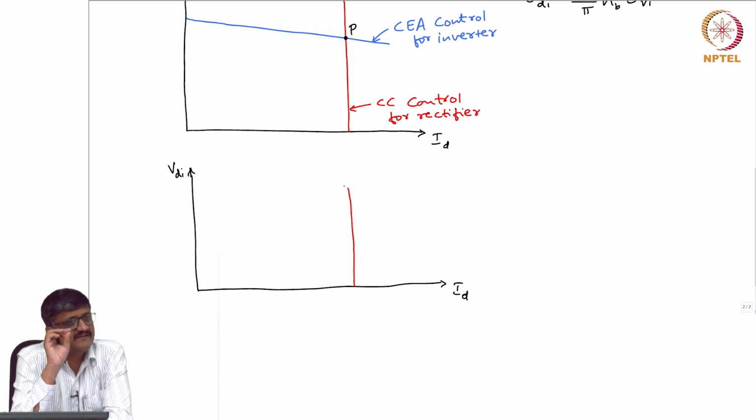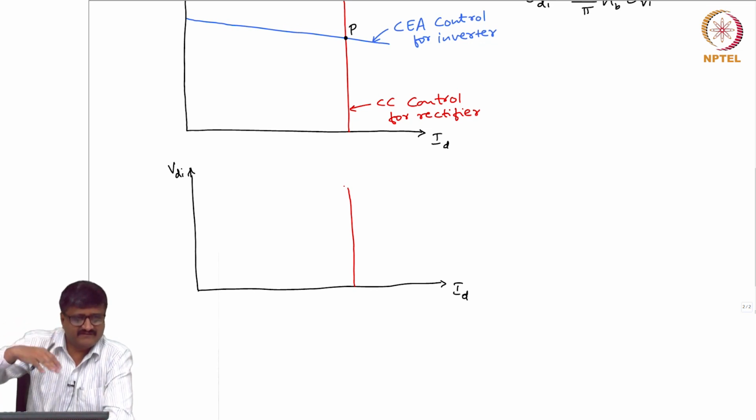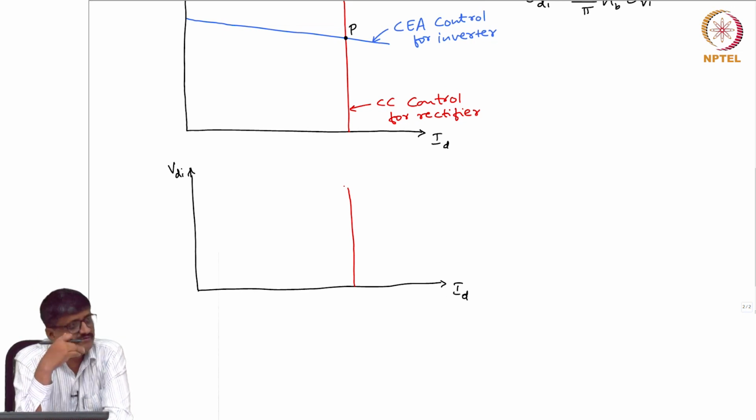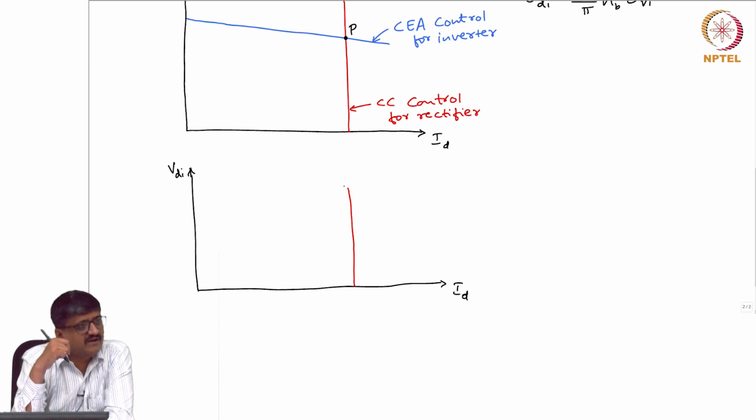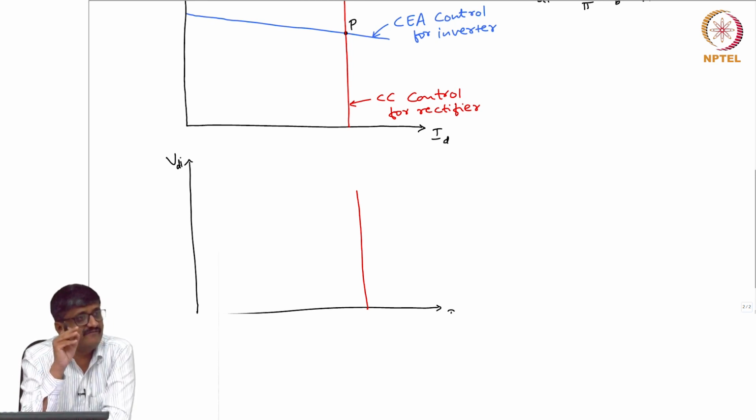See, constant alpha characteristics we know, right, for a converter, they are all straight lines with negative slope. So, as you keep on increasing alpha, you get the straight lines which are below the values for lower value of alpha. That means as you move along this line, alpha r is actually decreasing. Alpha has a lower limit to ensure adequate voltage across the valve to turn on. Now, the question is, if alpha is fixed at the minimum value, what is the variation of VDI as a function of ID?